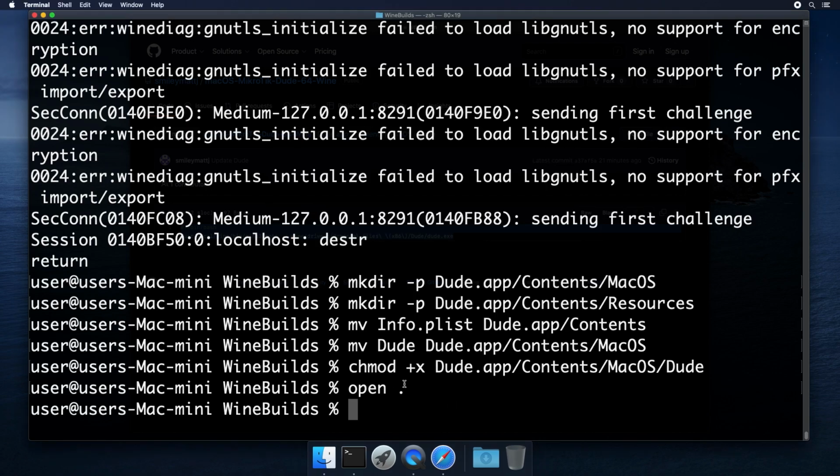To get the icon, I'm going to copy over the Dude executable because it's just easier to grab here than through the line structure.